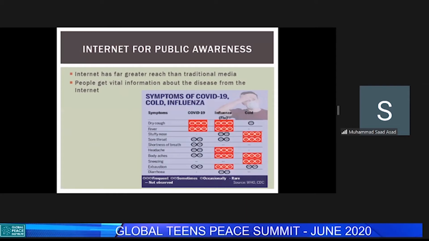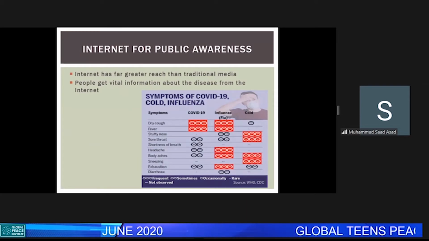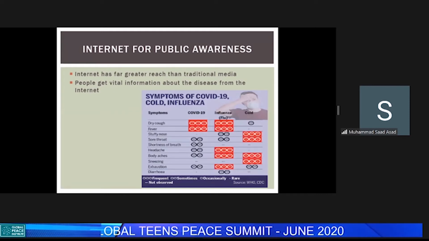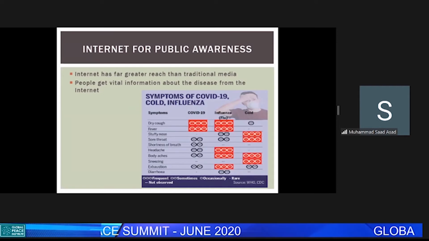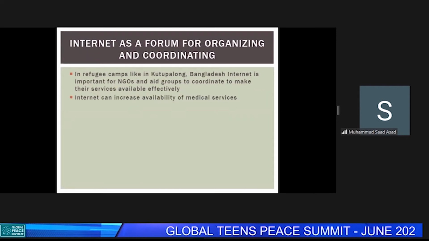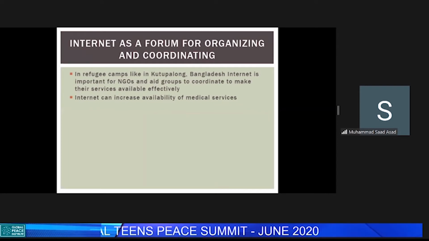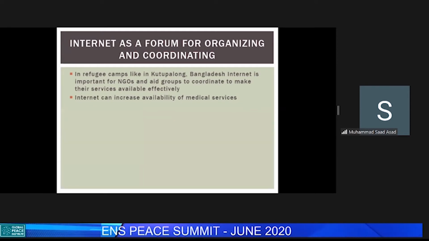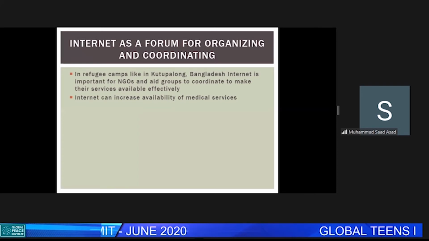Internet is a very important tool for public awareness because it has far greater reach than any of traditional media and is able to go in greater depth on the topic than, for example, TV or newspapers. In another sense, internet is also a forum for organizing and coordinating. So, for example, in places like refugee camps, NGOs and aid groups need internet so they can coordinate their services